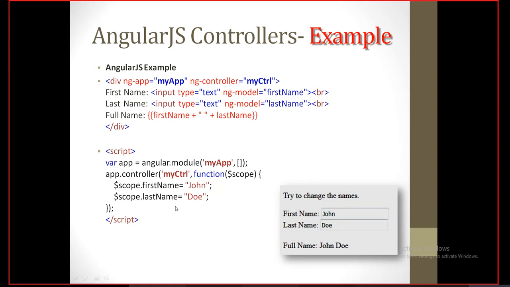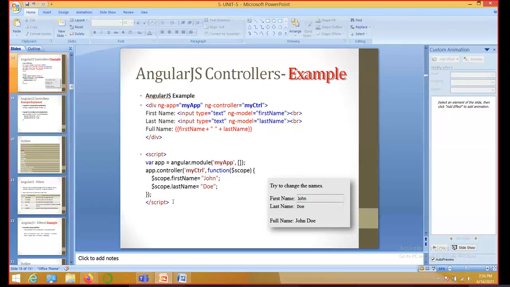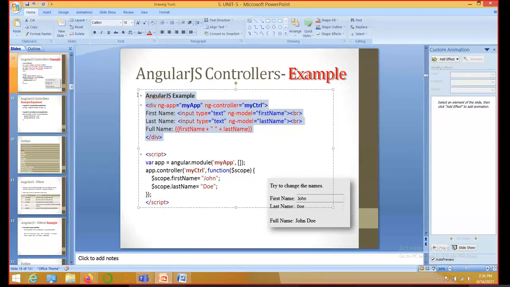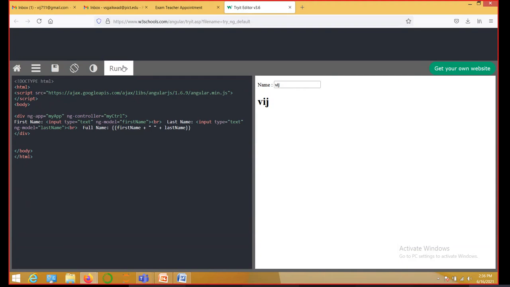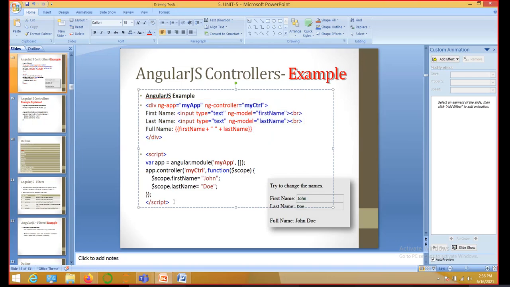Now let us try to see what exactly we get as output for this particular piece of code. Let us firstly see the output. As you can see, we have nothing over here. By default, whatever we type, nothing will appear. But now if we include another script,